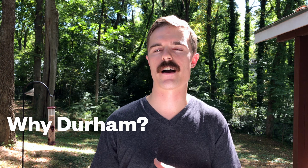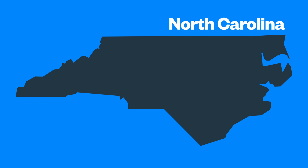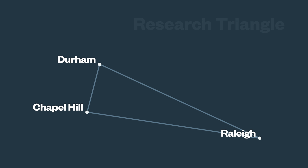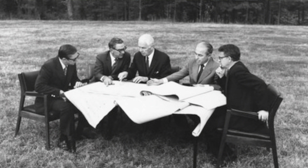Now, how did we actually choose Durham, North Carolina for our next office? So let's start off with a little geography lesson. This is North Carolina, and this is where Durham sits. If you zoom way in, you're going to end up at a place called the Research Triangle with Durham, Chapel Hill, and Raleigh. The triangle name was really born in the 1950s with the creation of the Research Triangle